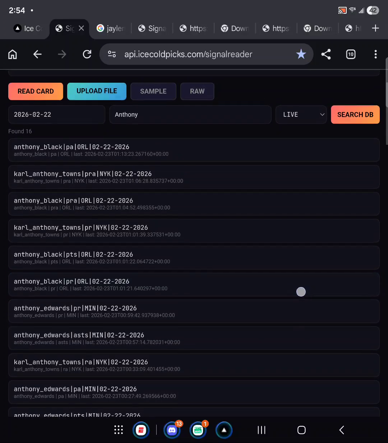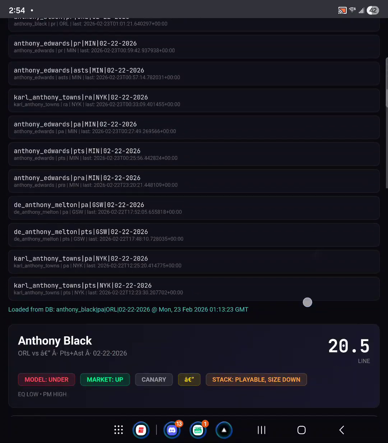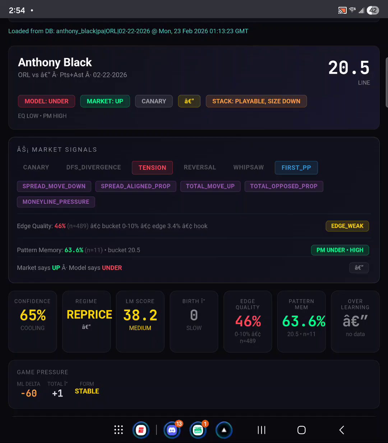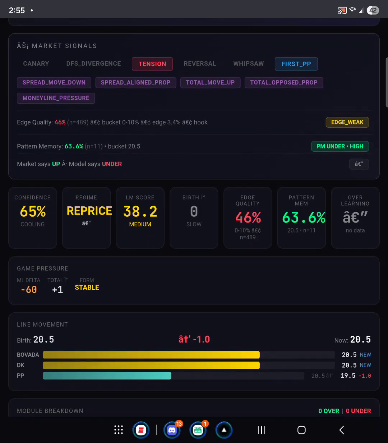See, Anthony Black's PA. There it goes, the very first one. So now look at this. You got the market moving up, and then the model percent going down, the EQ being low, pattern memory high. So what this is telling me right now, just by looking at it, I can tell that, hey,